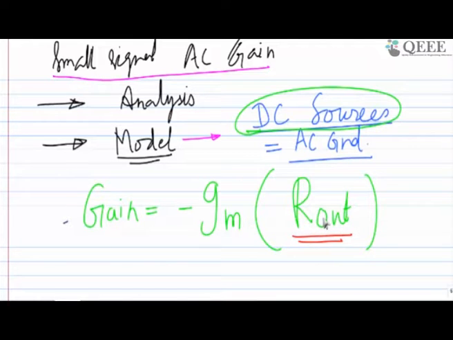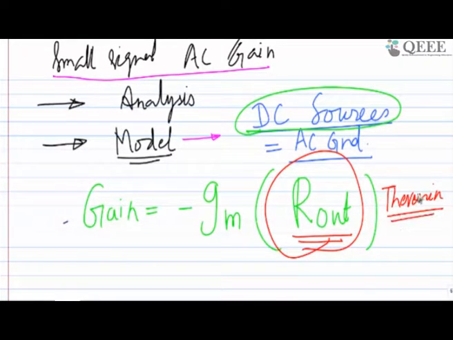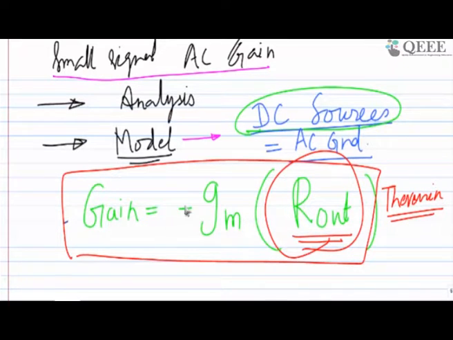You need not go to the hand calculation where all the currents and voltages are associated, and there are so many things. And this also needs hand calculation actually, but you have to follow the Thevenin theorem. So through the Thevenin equivalent circuit, you can find out how much Thevenin equivalent resistance you are seeing through the circuit, and that will give you the gain. So this is what we want. You have to understand that it's minus GM times R out.